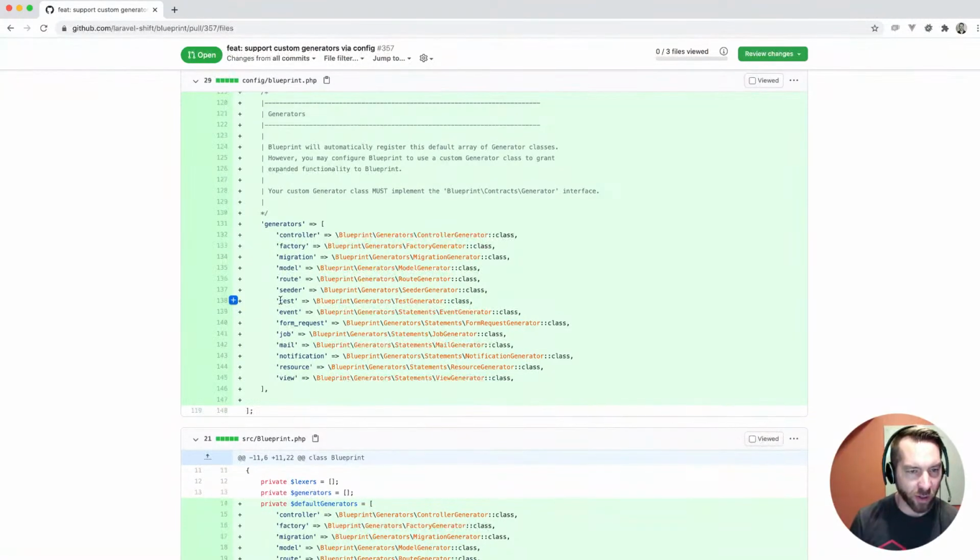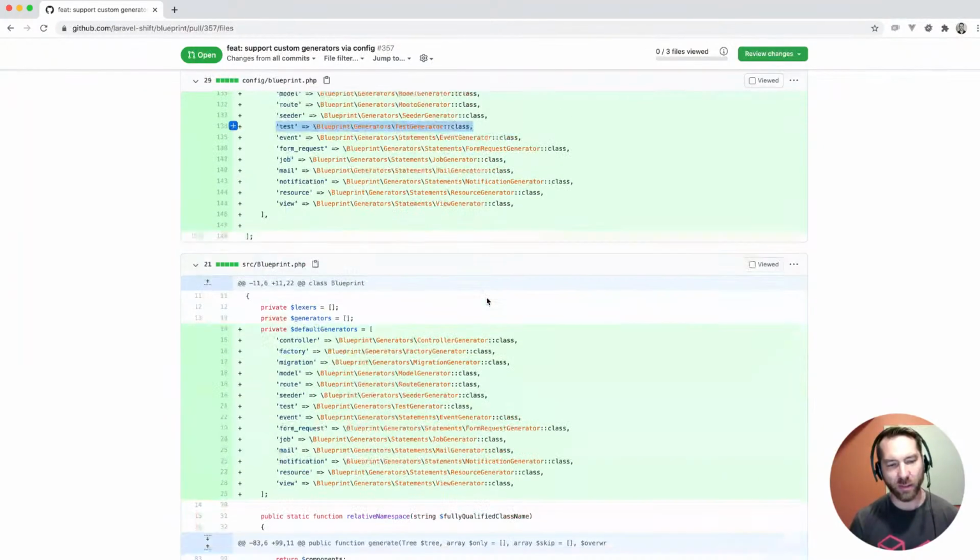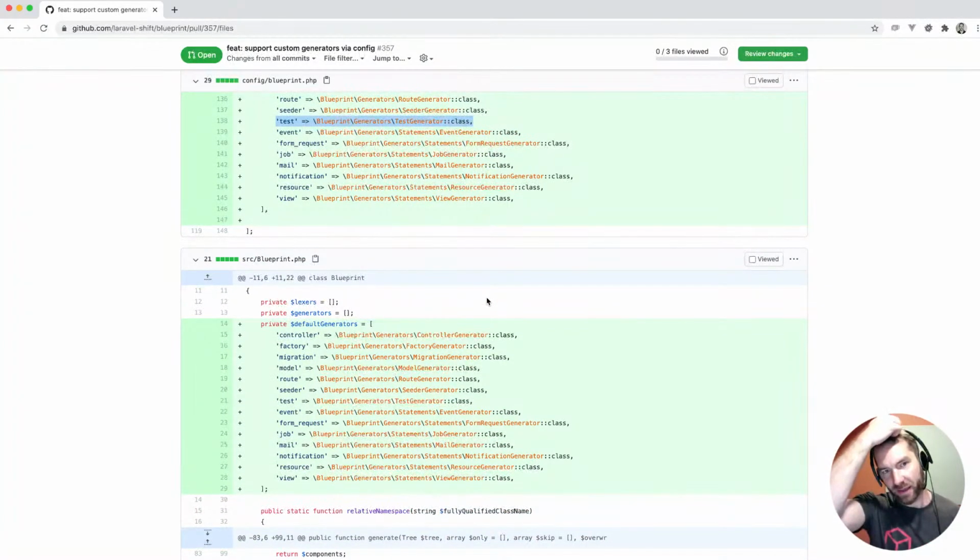oh, that's interesting. Oh, here they are, test. So if you wanted the tests to be generated using Yoast test generator with some of the streamlined setup code, or maybe you wanted to use the PHP pest plugin or add-on that's been built by the community, you could actually change that here, or if you had some of your own version. It's not necessarily something that I think I would have done, but I think it's a good community addition,